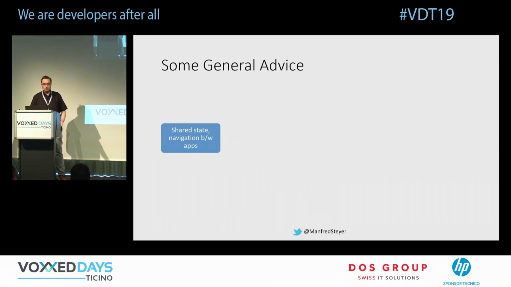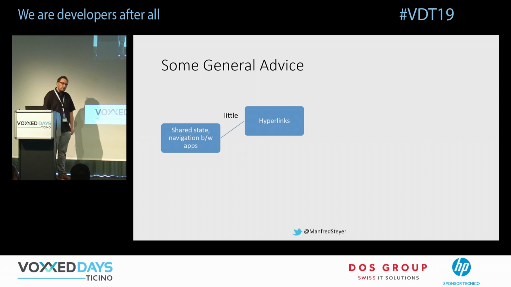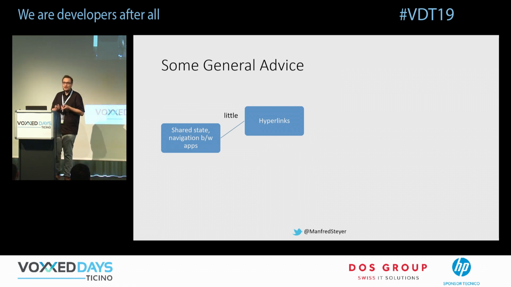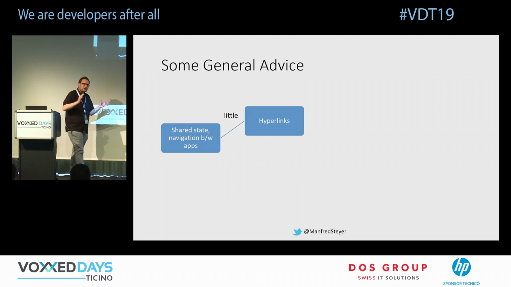If you say no, then it is very likely that you have something like a product suite, like Office 365 or the Google suite, and then just start with hyperlinks. The good thing about this is, when you start with hyperlinks, you can still switch to a more complicated approach afterwards. If you say, hey, there is a lot of state in there and the user is navigating back and forth all the time,